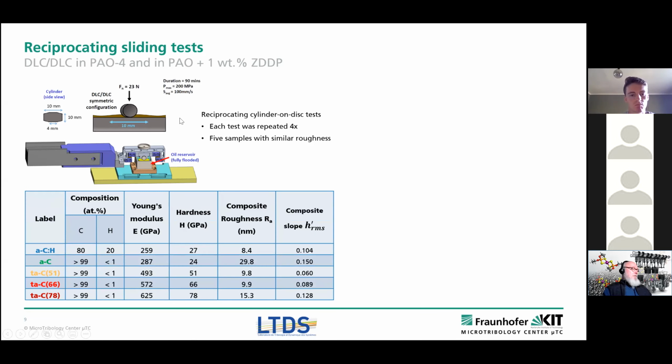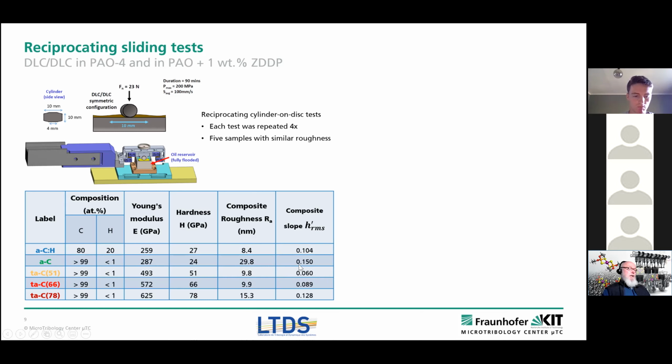So in order to vary the different coatings a little bit, they used 5 different DLC films, ranging in Young's modulus from 250 gigapascal to 625, and also quite a span in hardness. They also included an ACH with 20% hydrogen, and they compared 3 different TACs with small to high hardness. The roughnesses were on the nanoscale, and the root mean square slopes were comparable, but there was also variation